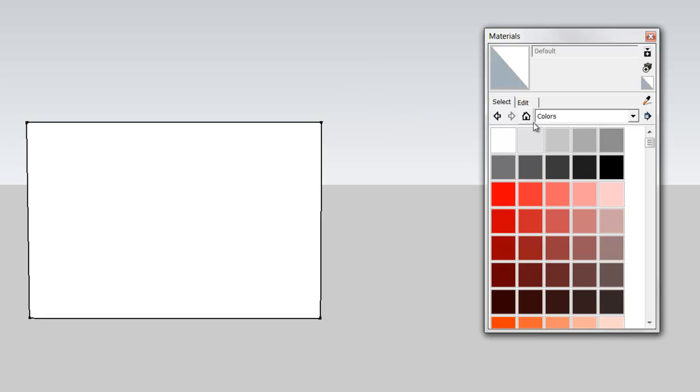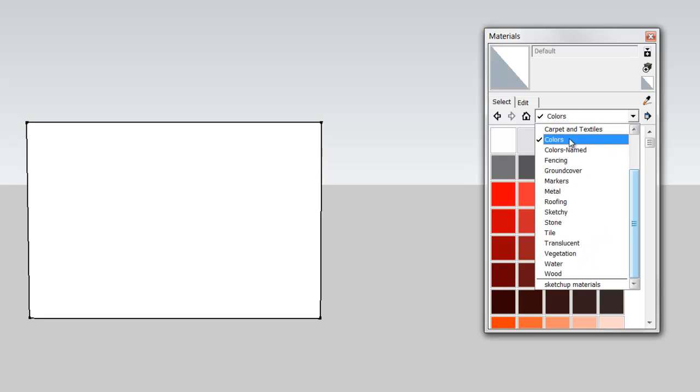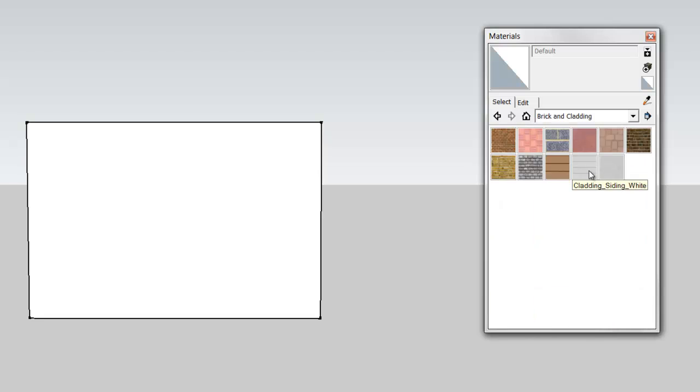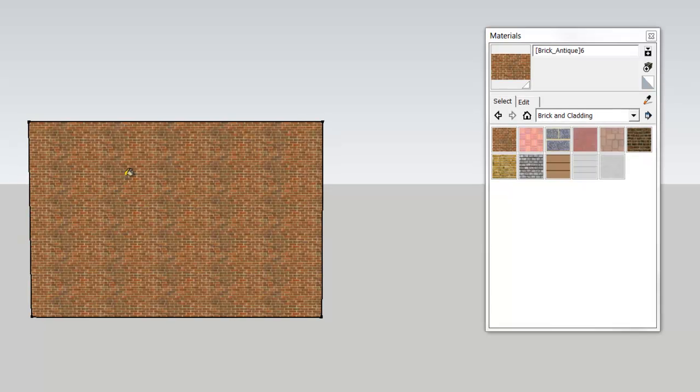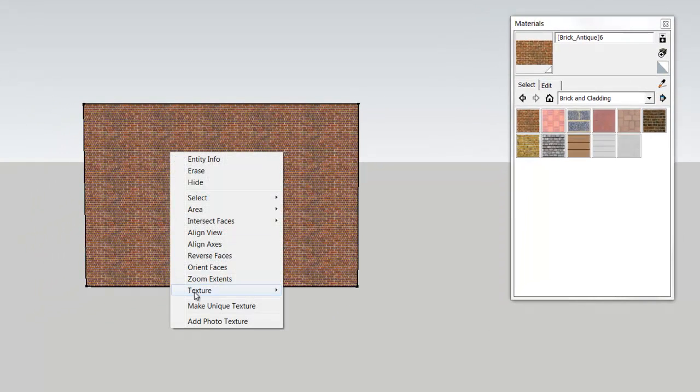The first drop down is colors, but let's go ahead and pick another drop down. I'm going to go with brick and cladding. I'm going to click this first one and paint our wall with that. So you probably already know about the texture right-clicking